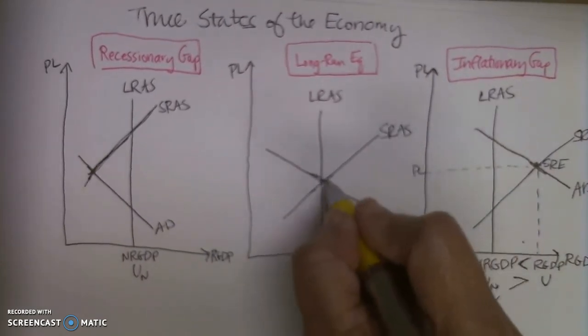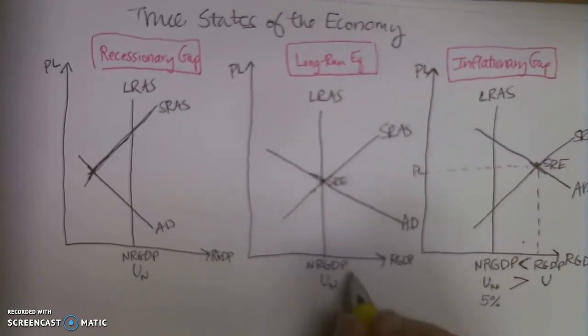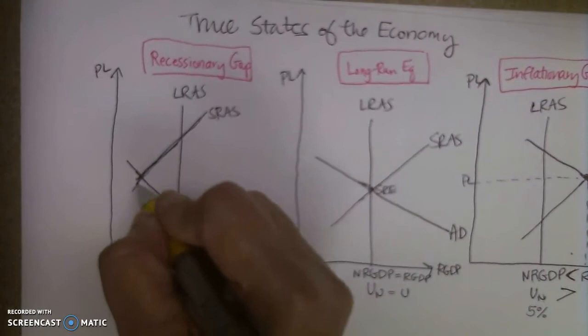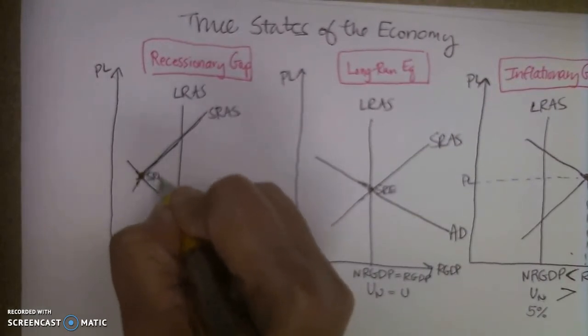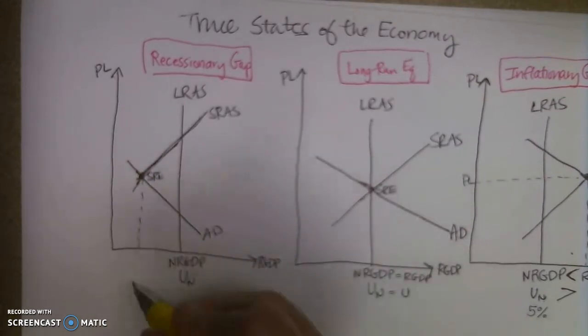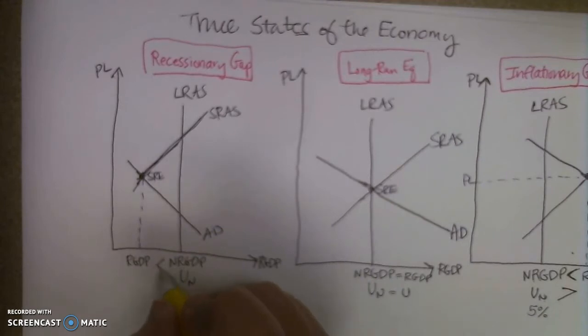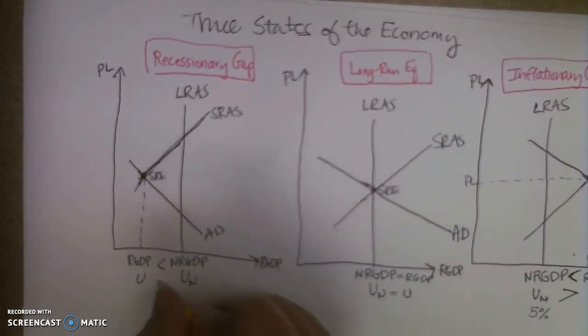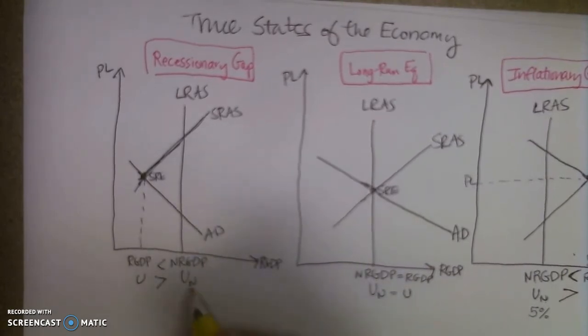Down the middle, we have our short run equilibrium here as well, but our natural real GDP rate is our real GDP rate. So our output is what we should be producing, and our unemployment is our natural unemployment. Now for the recessionary gap, again, where the two curves cross is your short run equilibrium, right? And then if you come straight down, that's going to tell us what we're currently producing, which is real GDP, which is going to be less than our natural real GDP. Unemployment, which is our regular unemployment rate, is actually going to be greater than our natural unemployment rate,